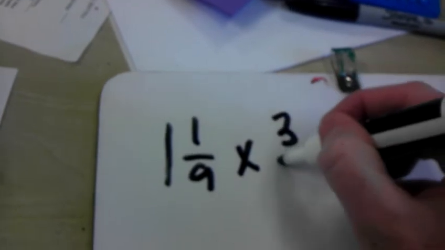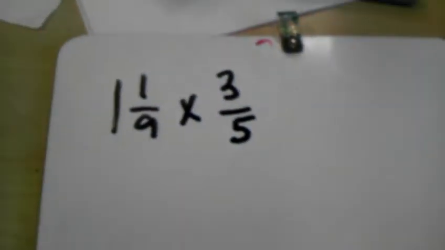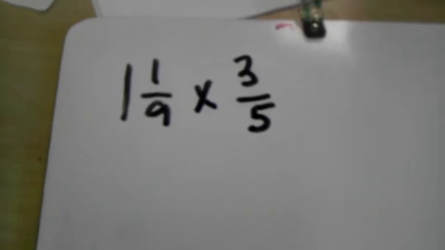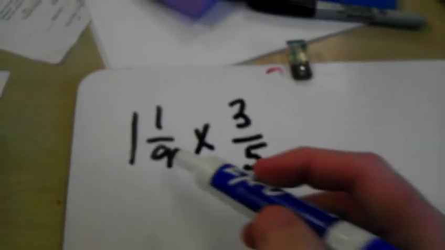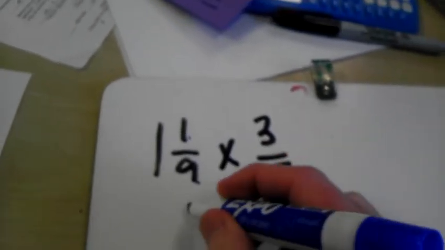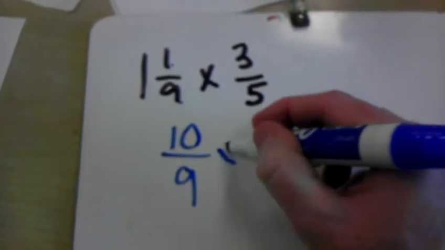Okay, moving on to the multiplication problem. I'd like to give you one such as 1 and 1/9 times 3/5. Okay, whenever you go to multiply mixed numbers, you always have to turn it into an improper fraction first. So to do that, I need to take 1 times 9, which is 9, and add 1, which is 10, and you keep your same denominator, which was 9, and then you're going to multiply by